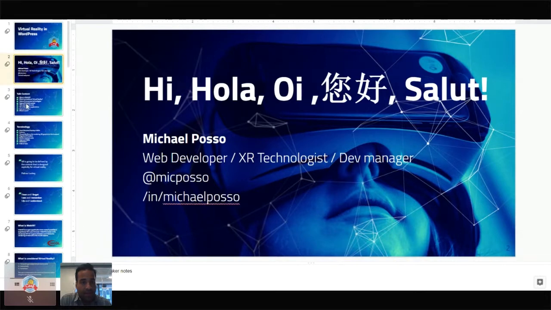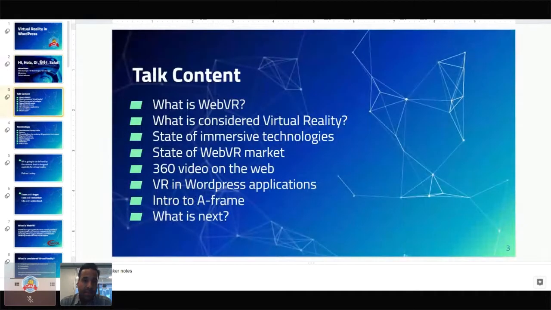Let's look at the table of contents. We're going to go over some background information since virtual reality is a new subject for a lot of people. I like to always talk about a little bit of the history of virtual reality, what is happening right now, what is the market, how are these headsets right now, how much do they cost? A lot of people still very skeptical about virtual reality, but I think that the market is moving in the right direction. So we'll talk a little bit about that. We also will go over what is considered virtual reality.